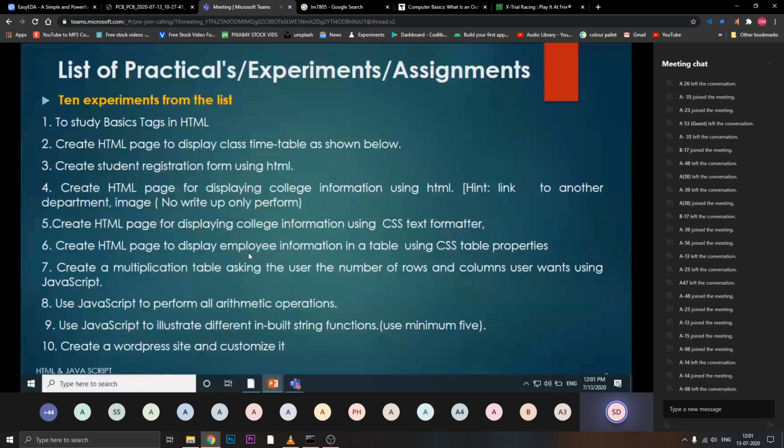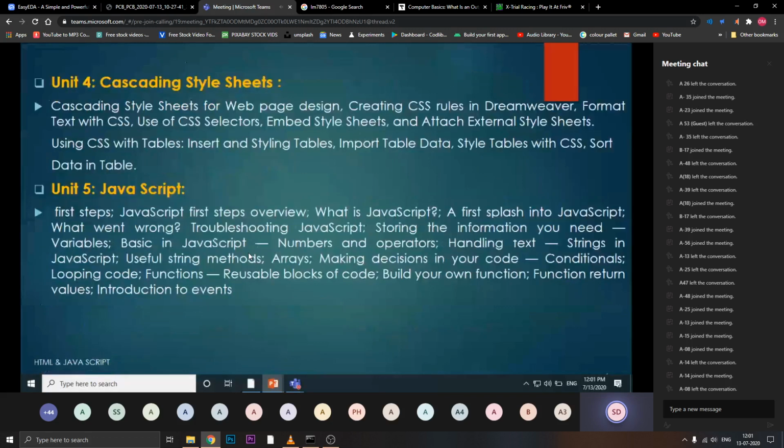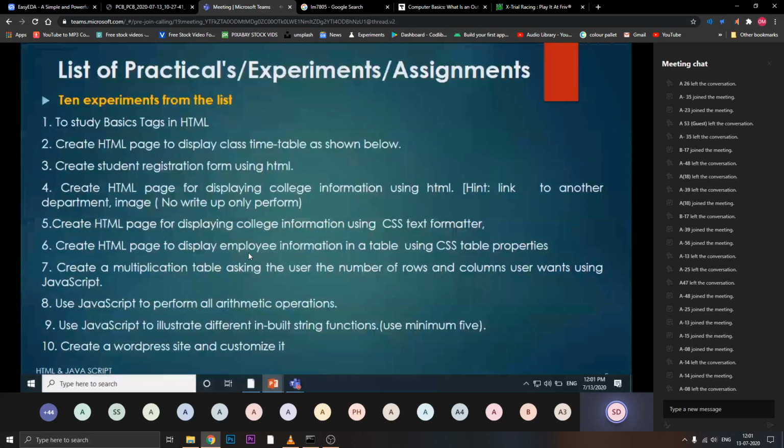We are going to perform the 10 experiments based on the syllabus we have seen earlier, based on CSS, table structure, or different things as we have studied in our syllabus. Unit wise I am going to conduct them and we will proceed to the practicals. So totally 10 experiments will be there.